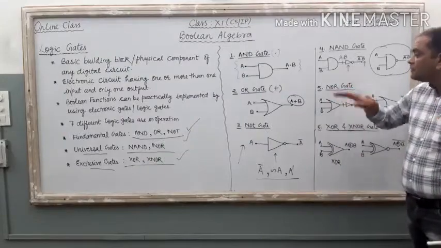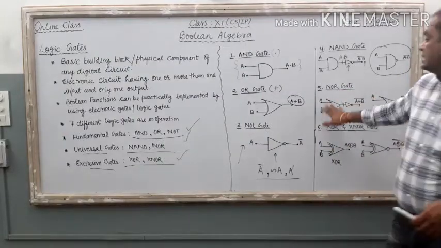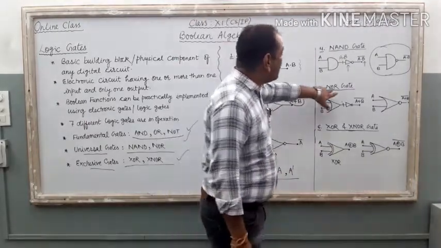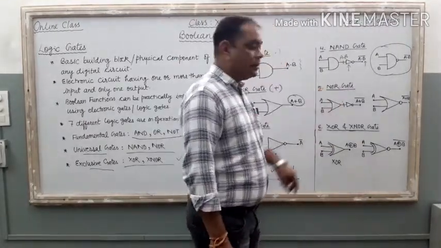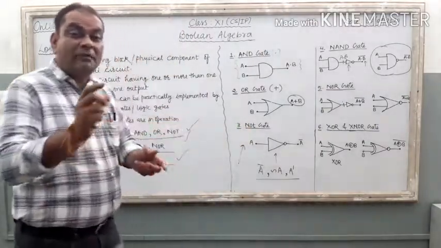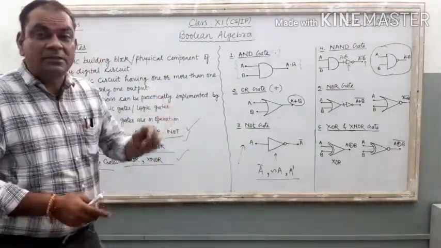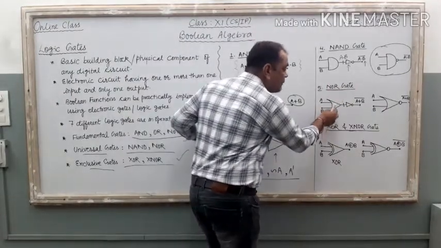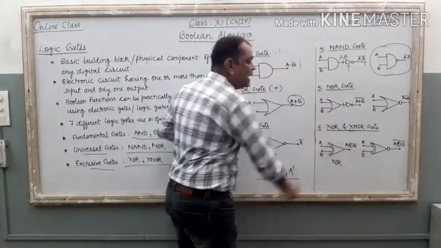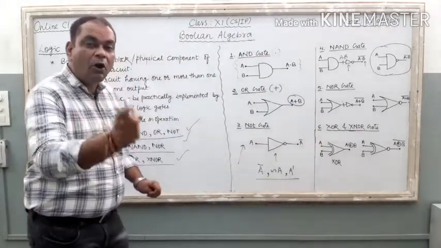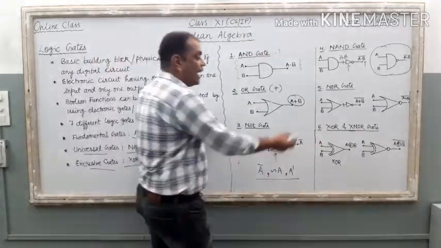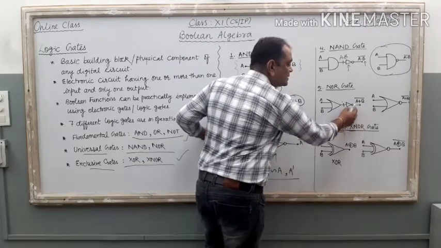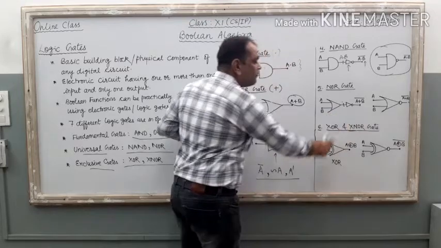Now come to the fifth universal gate, that is known as NOR gate. Here, if you expand the term NOR, it represents NOT plus OR. But when you are going to draw the diagram of this NOR gate, you can find that very first you have to draw the diagram of OR gate. Draw the diagram of OR gate very first. Then after the diagram of OR gate, you just connect this NOT gate. Just see it. It is the detailed diagram of NOR gate.